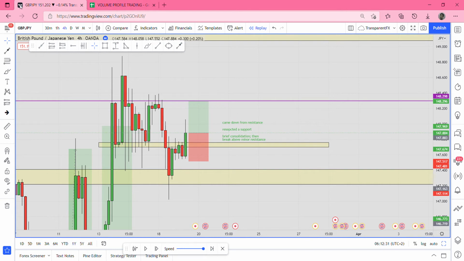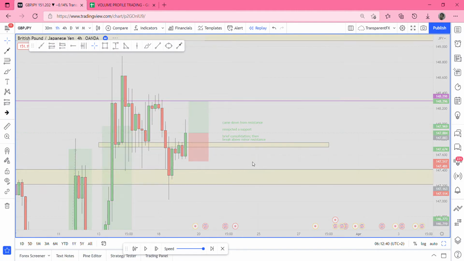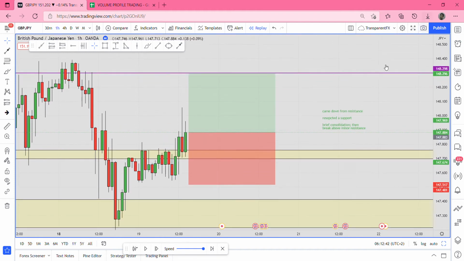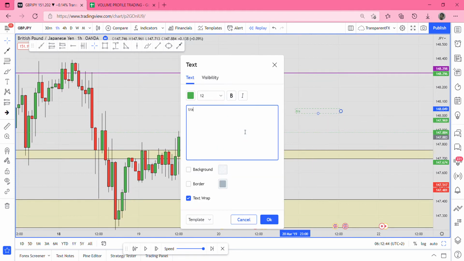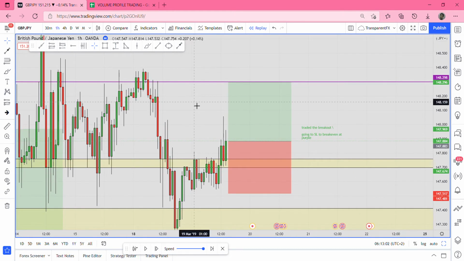Alt S, save that, stick it in. We always want to know why we got things wrong. Let's write that negative 1% is out. Okay, cool. Dropped onto the 1 hour time frame. What did I see here? I just traded the breakout, to be honest here. Traded the breakout. Going to stop loss to break even at purple. Okay, cool. Alt S,